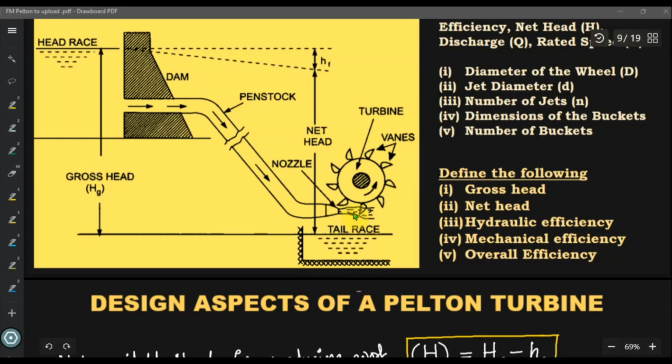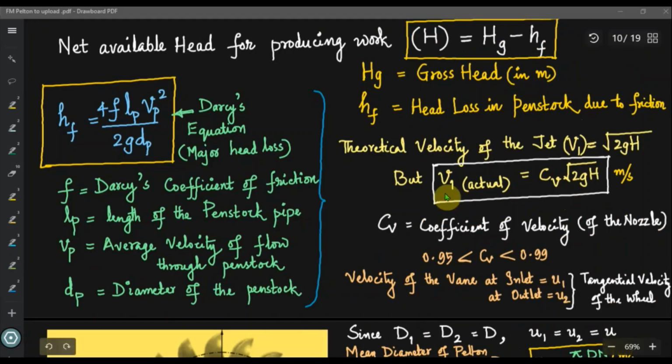So that means the velocity head of water coming out of the nozzle as a jet is V1 square by 2g. And that V1 square by 2g is equal to the net head available, H. Therefore, theoretically, H is equal to V1 square by 2g, considering that there will not be any energy losses in the nozzle. The theoretical velocity of the jet V1 is equal to root of 2gh, and the actual velocity is